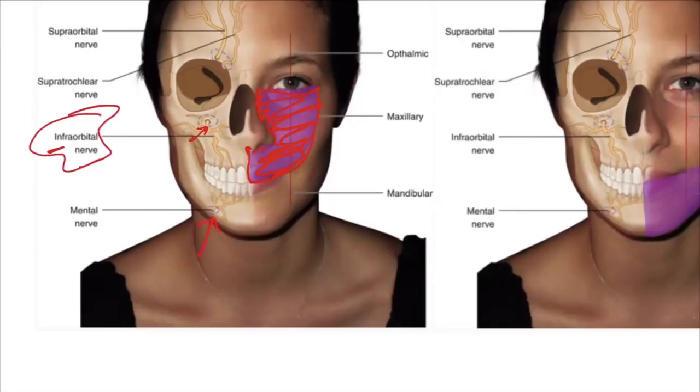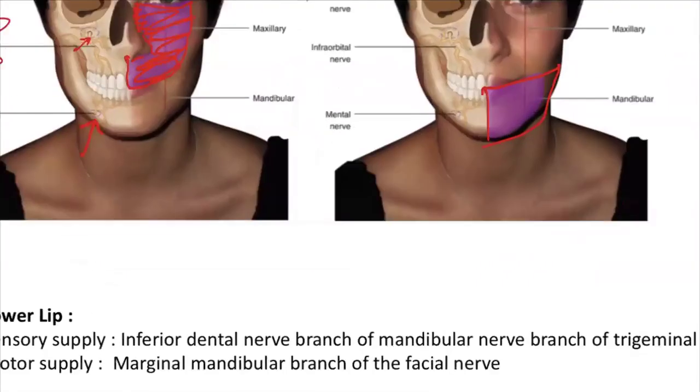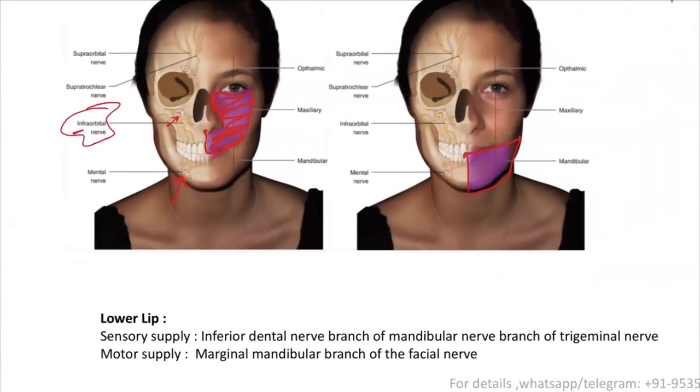Whenever there is a mandibular injury, a mental nerve injury also you need to be suspecting. The mental nerve will supply this part. Few more things you need to be aware of. This was a difficult question. You need to be aware of